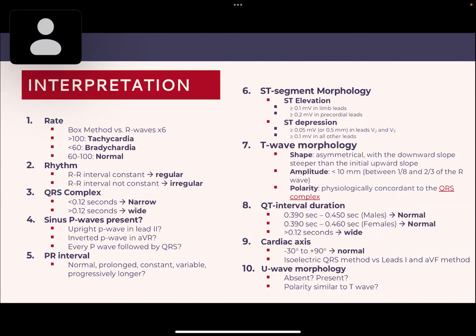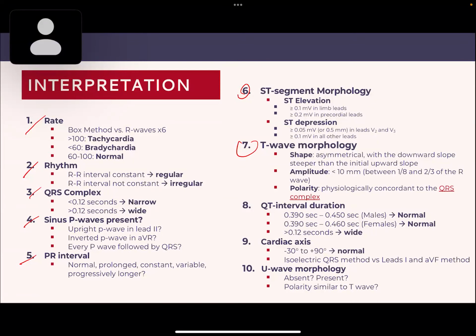So that was reading an ECG. It was like 10 main things. We talked about the rate, we talked about the rhythm, the QRS complex, then you check the sinus P waves if they're present, then you check the PR interval if it's normal or prolonged, then you look at the ST segment morphology in case there was an MI or a myocardial infarction, and then we talked about the T wave,